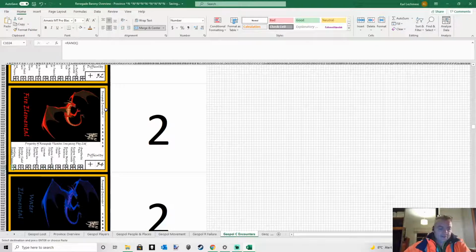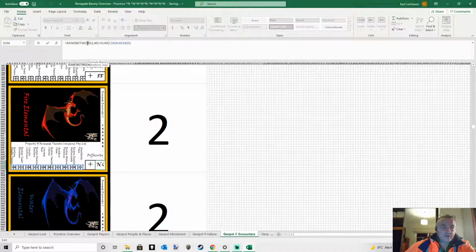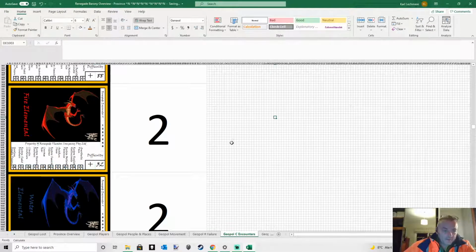And it will basically give us a 50% chance without having to do any of the silliness that we were doing before. So I can leave those calculations behind there. It doesn't really impact.